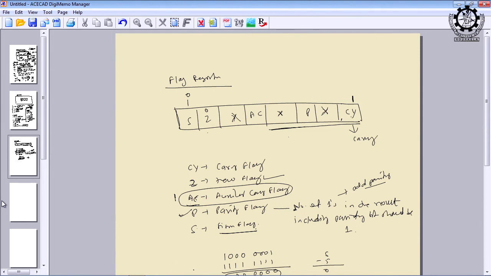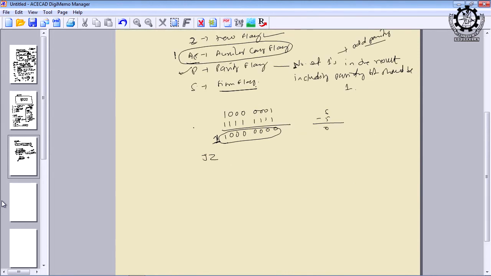For example, if I write jump on zero, if the zero flag is set to 1, I will give the memory location address. The controller will be transferred to that location address provided the zero flag is set to 1. And by default, if the zero flag is reset, the next following line will be treated as the not zero condition. So, once you write 1 or 2 programs, it will be very clear how to use each of these flags depending upon the program or applications.